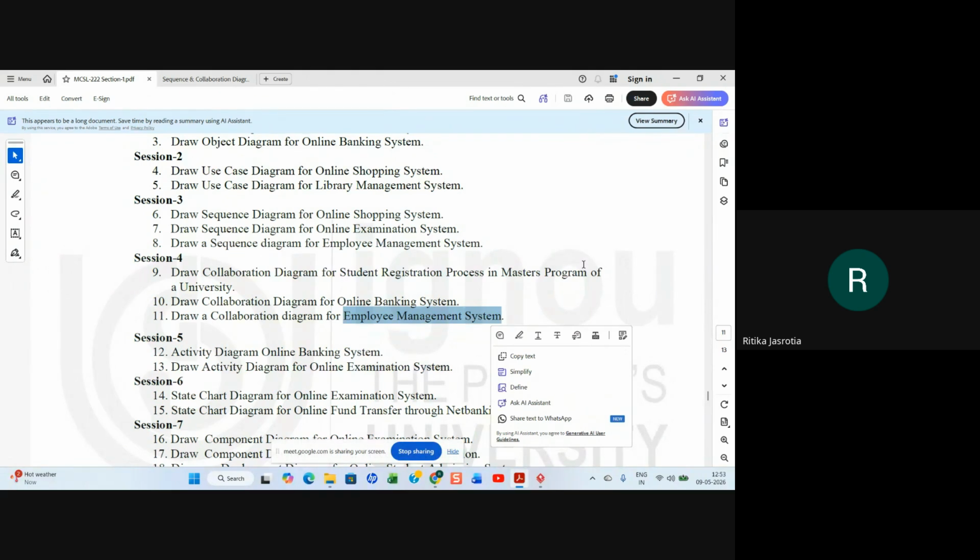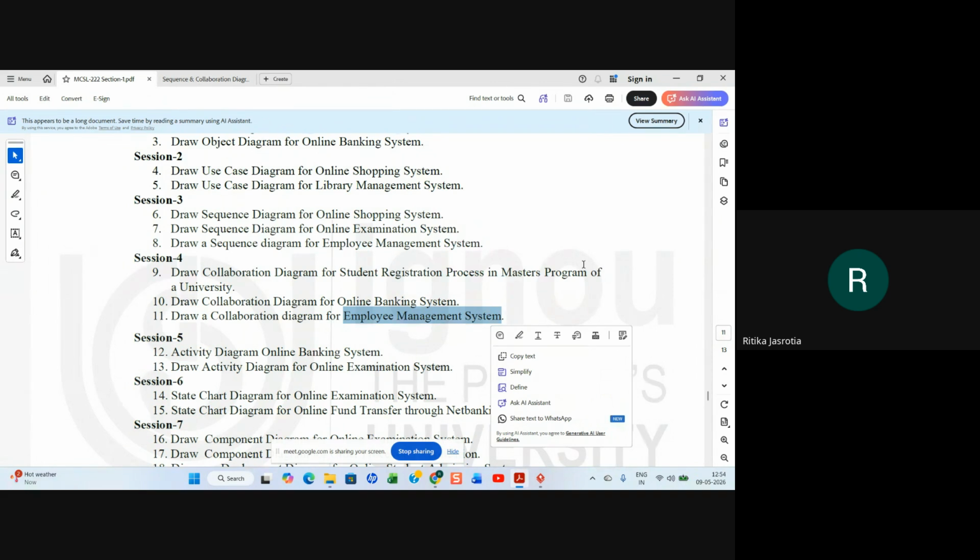The employee logs in to the employee management system. First he logs in, then after a successful login, he marks his attendance. The attendance is calculated by the employee management system for salary. The database is updated, the salary slip is generated, and the salary is transferred to the employee.